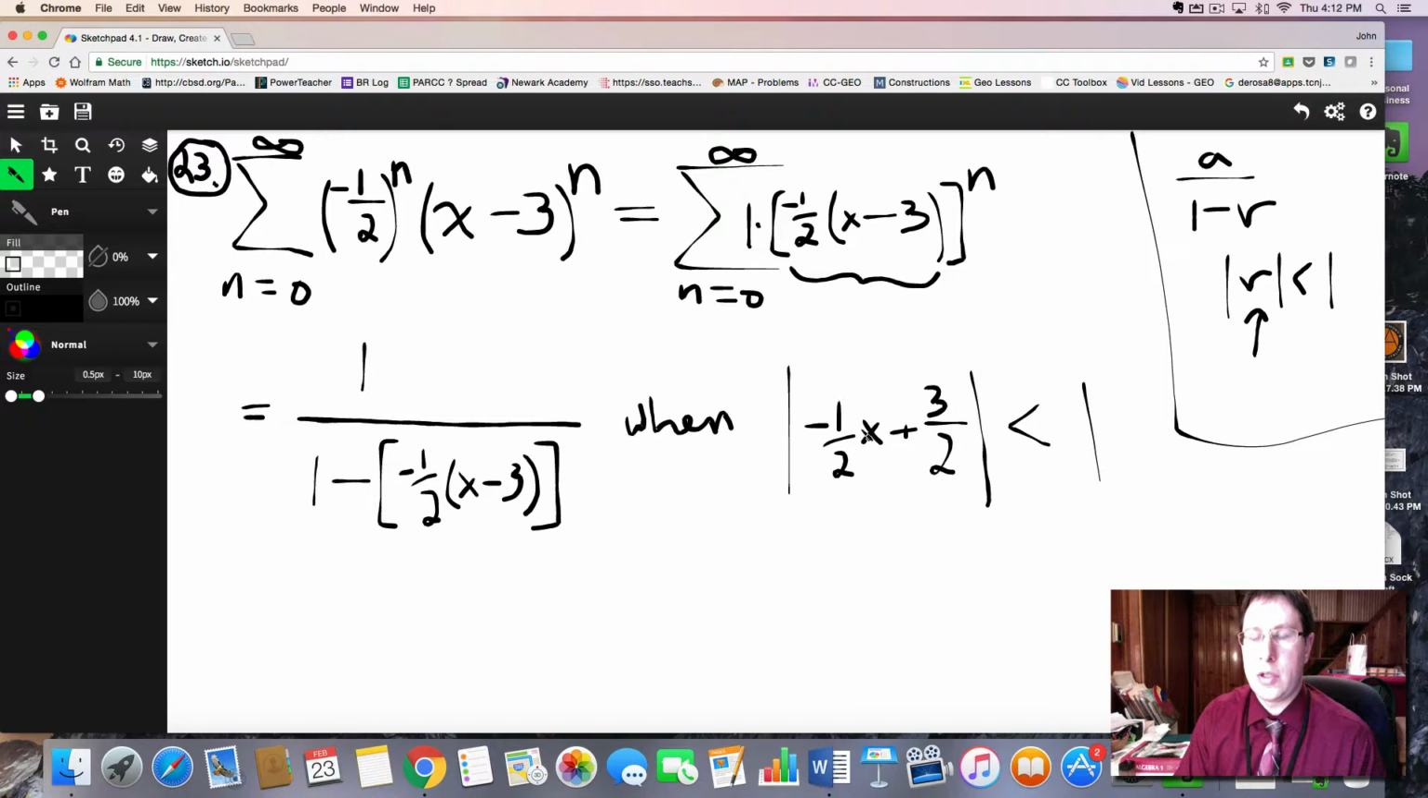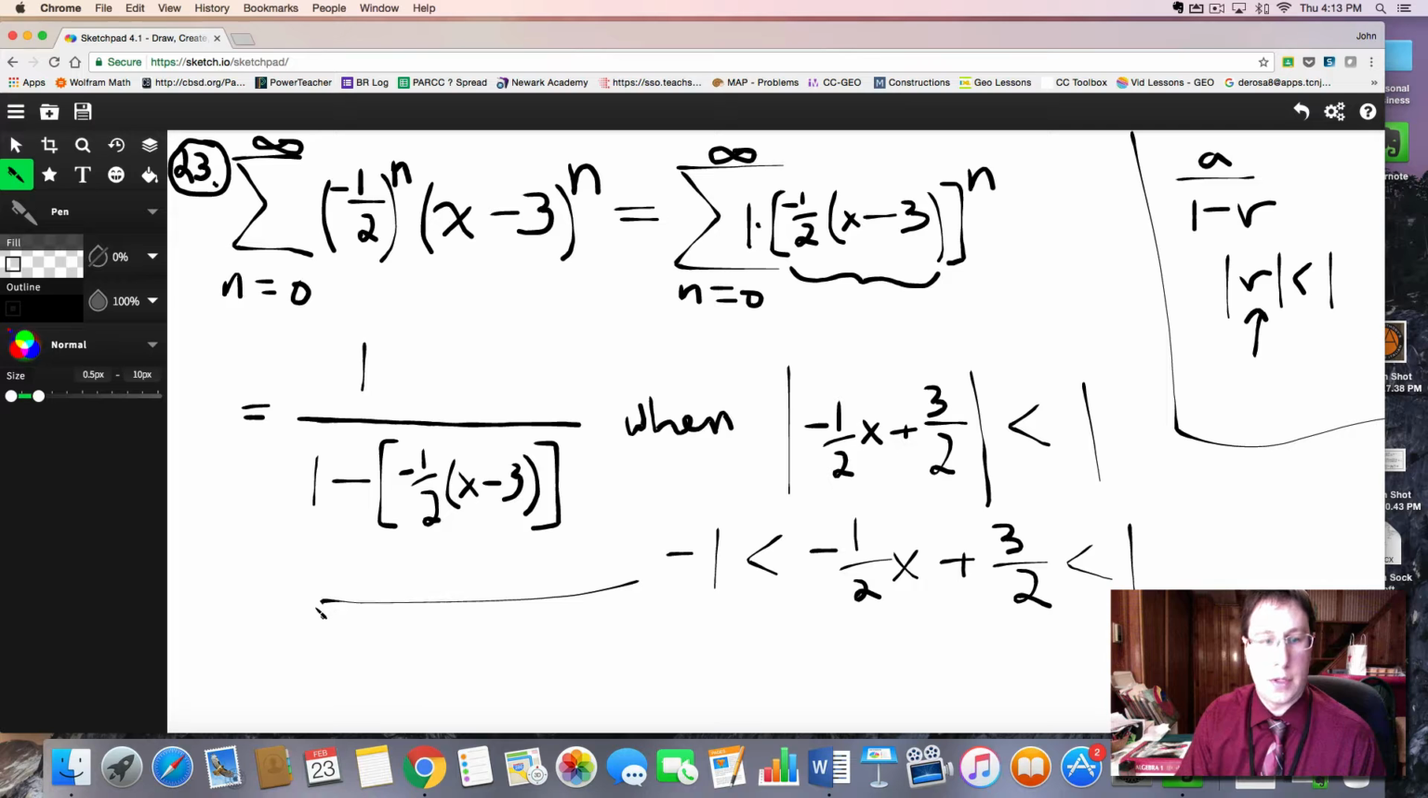So this is a little messy way to leave it. One way you can clean up the expression algebraically is to realize that absolute value less than 1 is the same thing as saying it lies between negative 1 and 1. And then you can just use good old-fashioned algebra to solve this for x. So I would subtract the 3 halves from both sides. I'll do that over here. Subtract 3 halves, and we'll have negative 5 halves